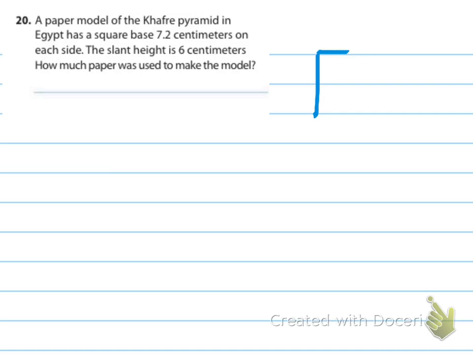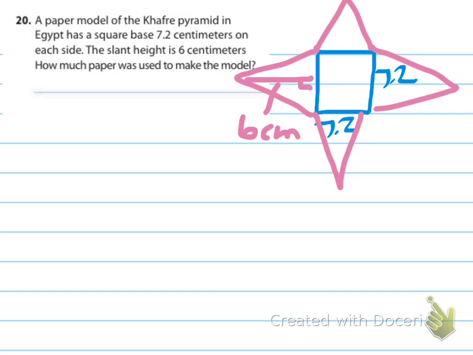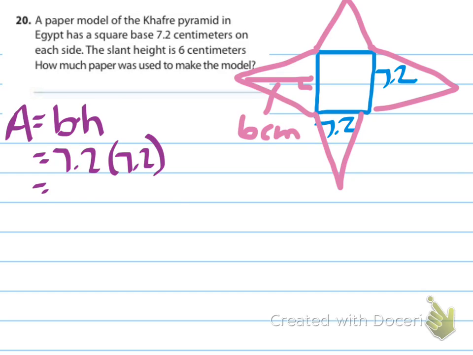It tells me that I have a base of 7.2 by 7.2, and because it's a pyramid, I know these are all triangles, and it says that the slant height is 6 centimeters, okay, and it's true for every single one of them. All right, so now I'm going to use these dimensions to find the surface area in centimeters squared. So the first thing I need to do is find the area of the square, which is 7.2 times 7.2. So the base is